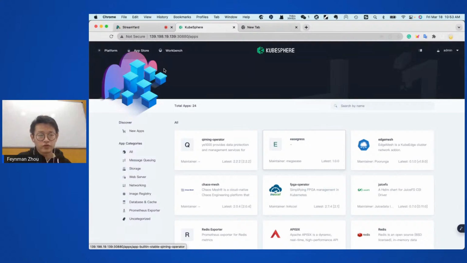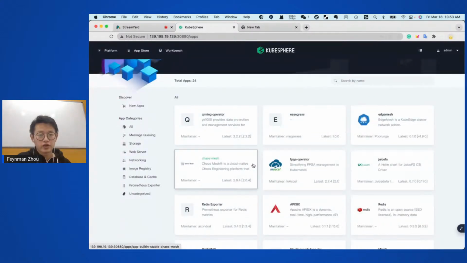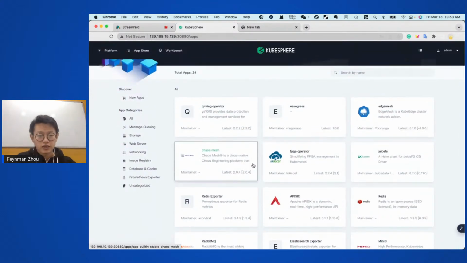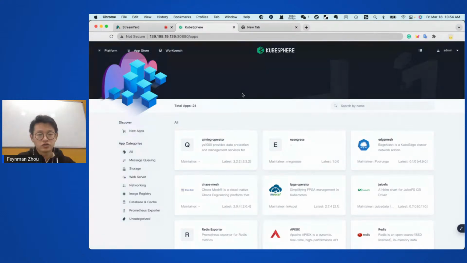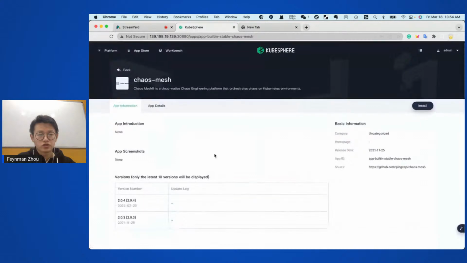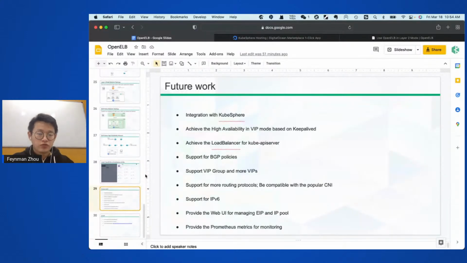right now we have a lot of applications inside the application store. So in the next release, we will integrate OpenELB here, and you just only need to click install application from, for example, from here, and you can install it with a couple of clicks. When it comes to the future works and roadmap for OpenELB, apart from integration with KubeSphere, we are